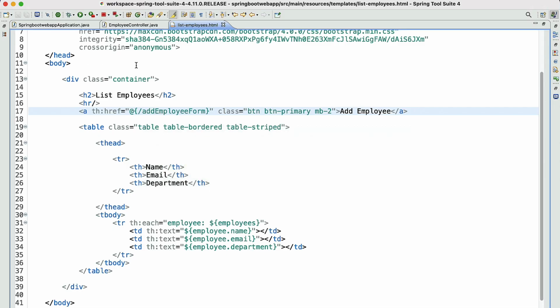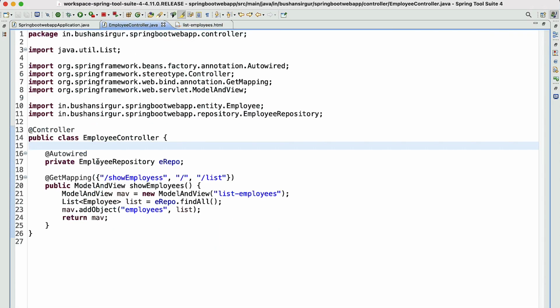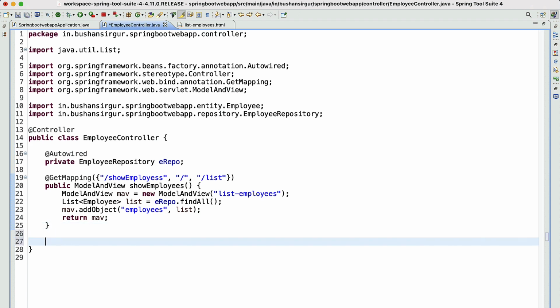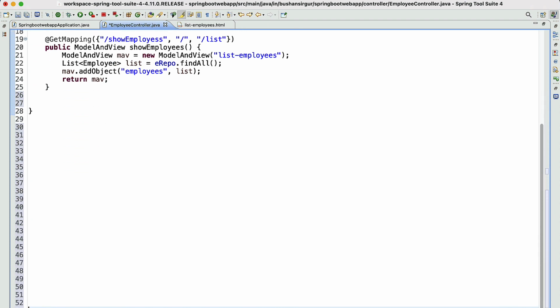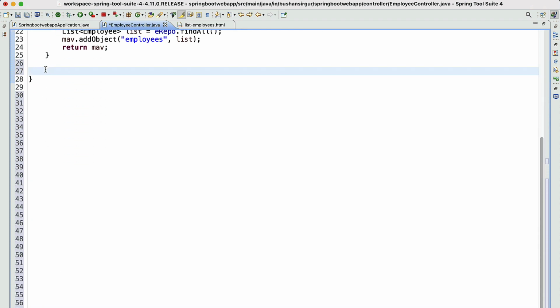Inside the STS IDE, let's go to the employee controller. We are going to create a handler method. Let me give some white space. Let's create the handler method. Public, this is going to return ModelAndView. addEmployeeForm is the handler method name.